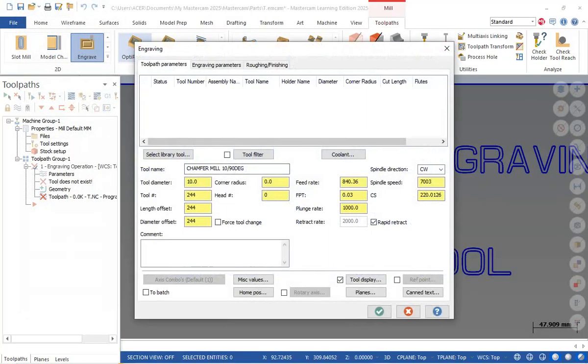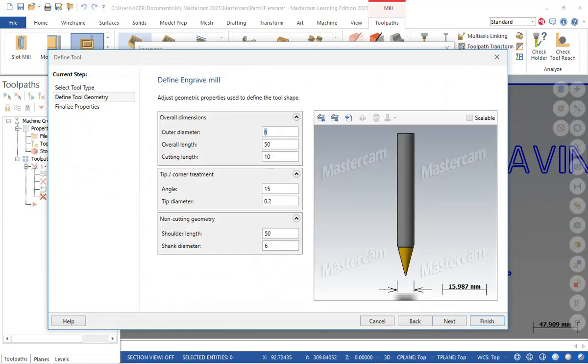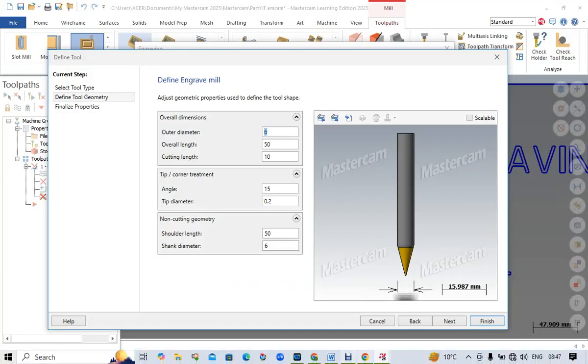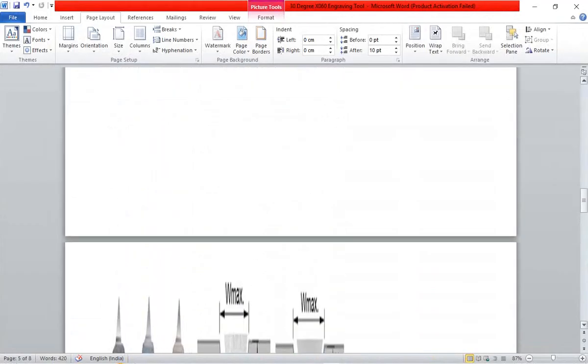Now the 3 columns will be coming: toolpath parameters, engraving parameters, roughing or finishing. First we go to create tool. Create tool by using engraving mill. Here everybody is taking approximately some value. We should not take like this. We go and see. These are the standards available for